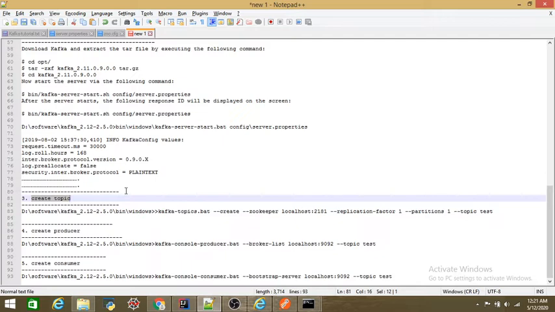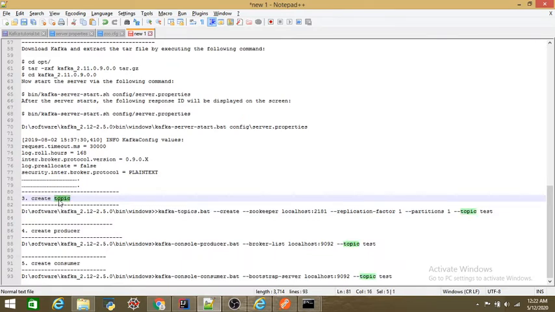So we are sending this message to some topic, right? A topic is nothing but an arbitrary name given to a data stream, where all the messages will be stored, and interested consumers will consume the message from the topic, not directly from the producer, right? So in order to send the message to some interested consumer, we need to have a topic created, followed by producers and consumers, right? In this video I'll just tell the third step, because we are already all set with Zookeeper and Kafka.